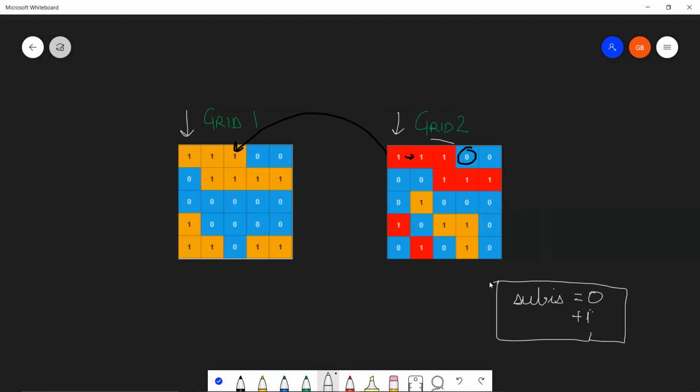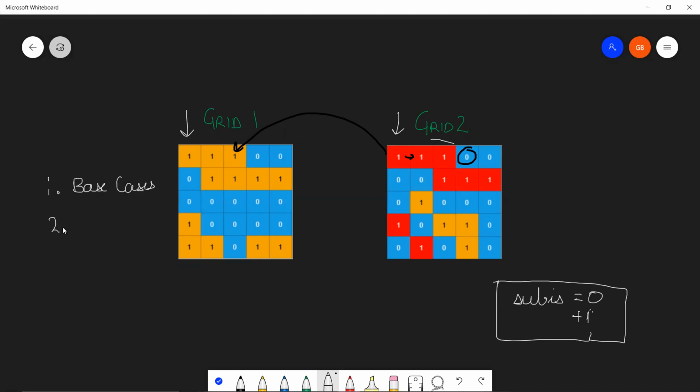I think this explanation was enough, and now you guys would be able to go to the compiler and try out this question. So remember, you need to define your base cases, right?